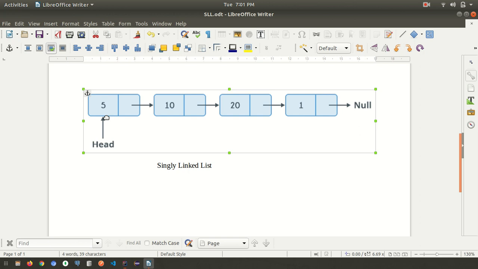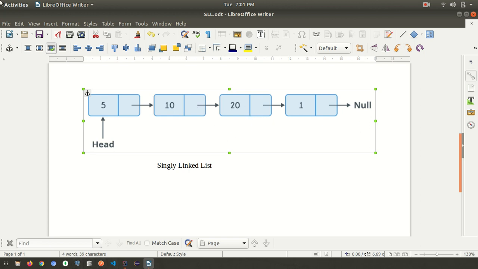The reference part contains the memory location of the next element. The third time, if you are storing data, for example 20, the reference of where this data is stored in memory, that location will be kept here.